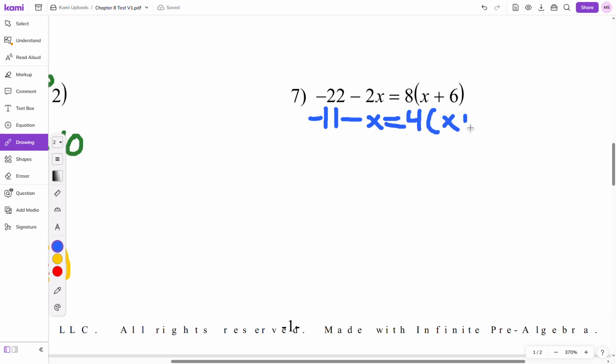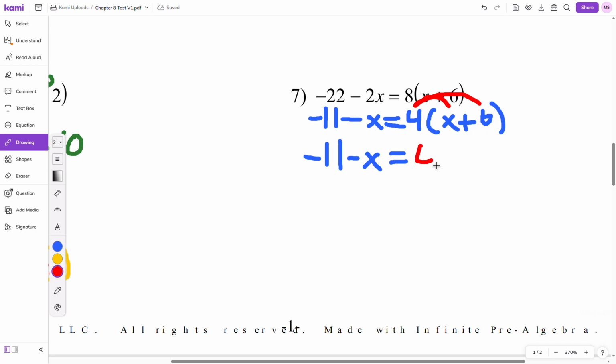It's a good habit. It's served me well. And then I'm going to distribute that 4. I'm going to use a different color. I'm going to distribute this 4 to both of these. And so that's going to give me minus 11 minus x equals,